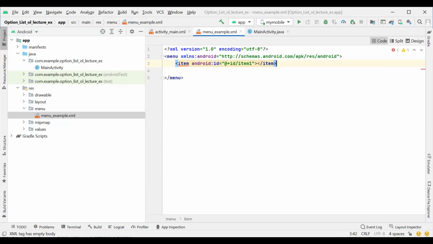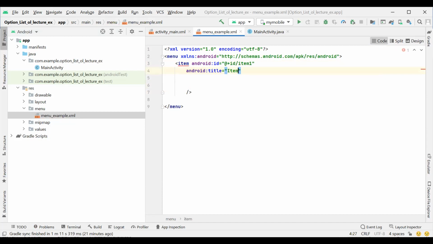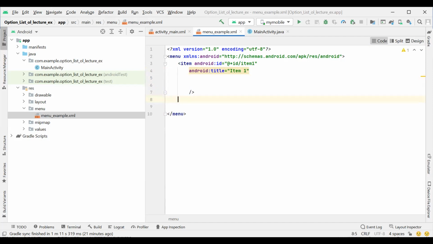It is not required to close separately, so we close it. This is the first attribute, and we use title as one more attribute. Title is, for example, item 1. These two properties are important.